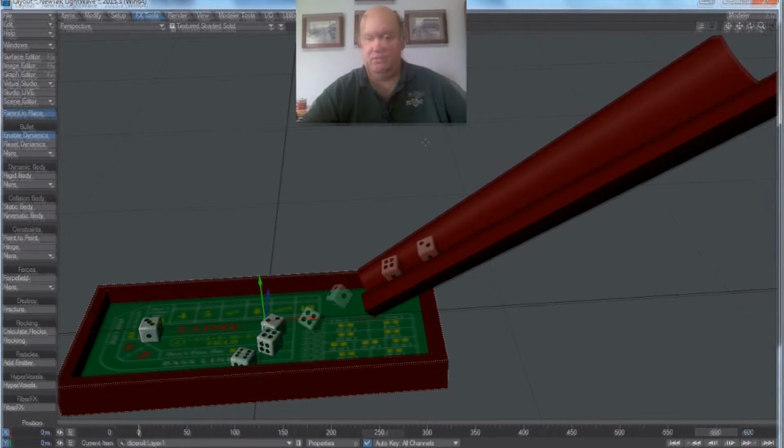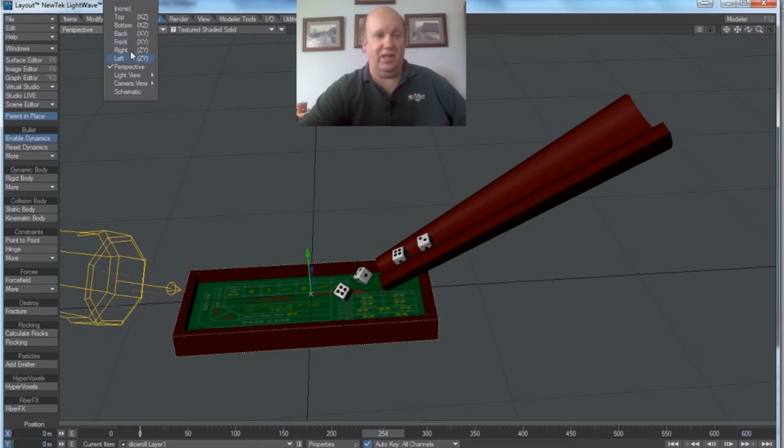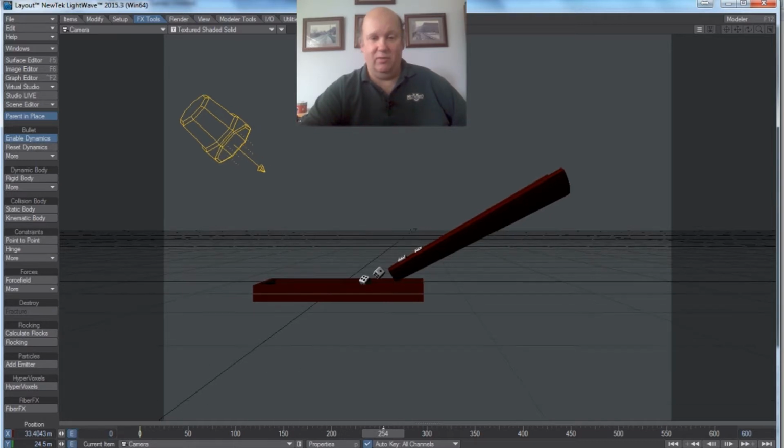there it is. So at this point, we're going to make a little movie. So we've been in perspective view. So if we go to camera view, and just select the camera, that's what the camera sees. And we're going to use more than one camera this time. So if we go to camera and we move in on this,